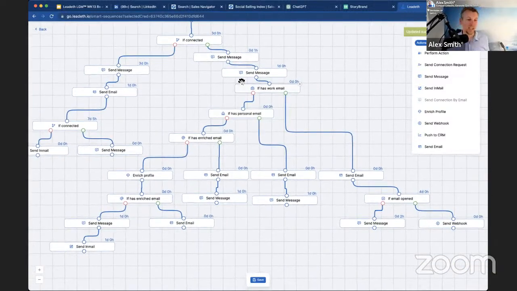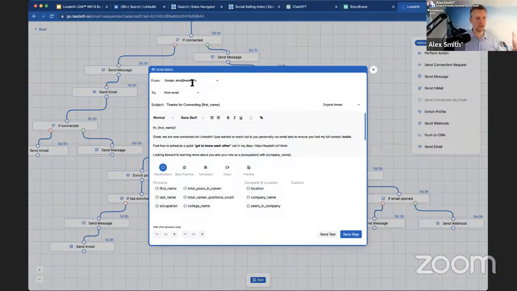The beauty with this campaign is we then go via email. So we've actually got an email that we can send to them. We connect our LinkedIn, Google Mail account or Hotmail accounts. And then we're basically sending them a get to know each other call, is what I call it, a 15-minute session where they can book a diary with me on Zoom, just see if they're a good fit, see if there's any synergy there with the prospect, or share them a bit more about Leadeth, give them a demo.